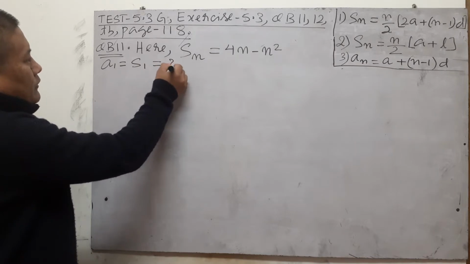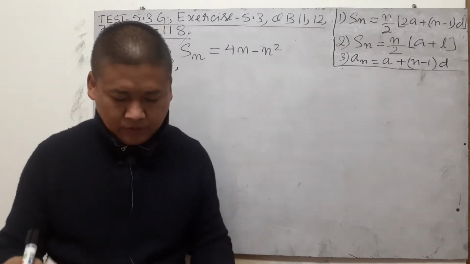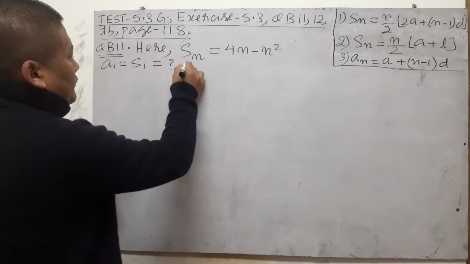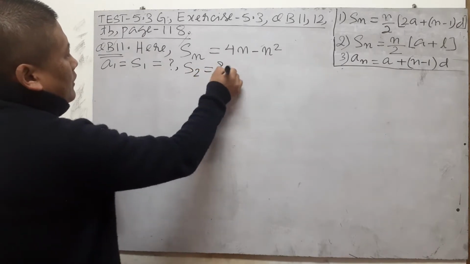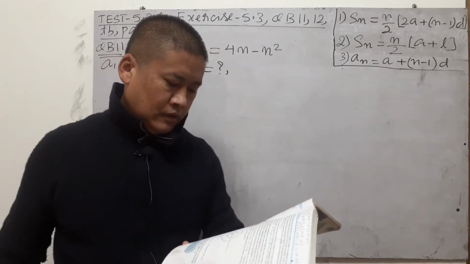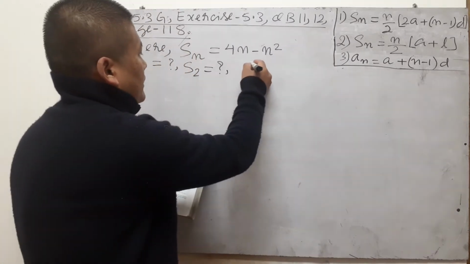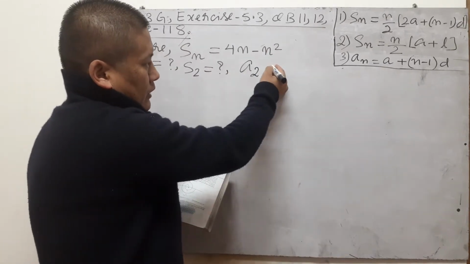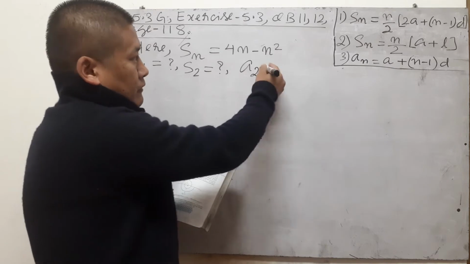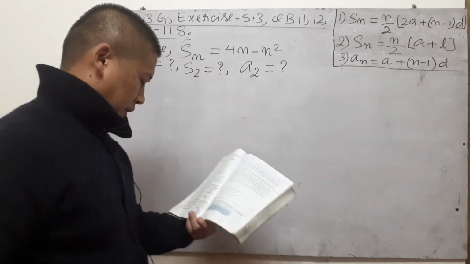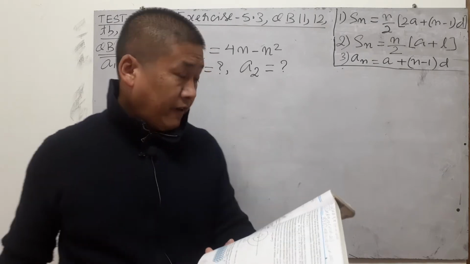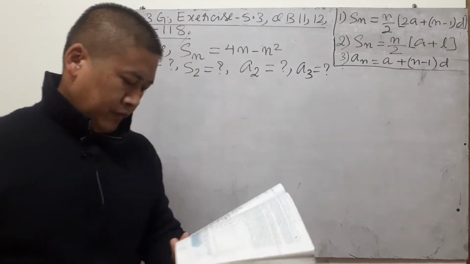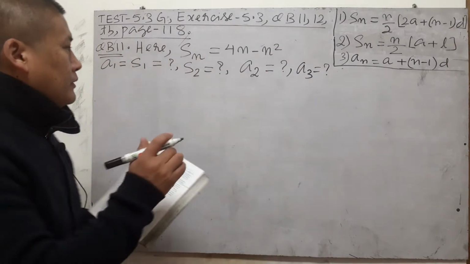So we have to find out, as we read the question, what is the sum of the first two terms? Sum of n terms is Sn, so sum of the first two terms will be S2. That's also a question mark that we need to know. What is the second term? Second term means A2. First term is A1, second term A2, third term A3, fifth term A5. So we know the logic behind writing this, right? What is the second term? Similarly, find the third term, A3. Also we have to find the 10th and the nth term,